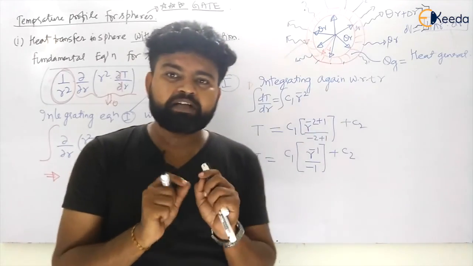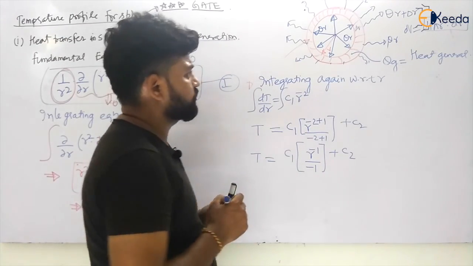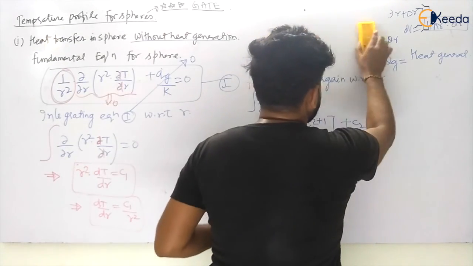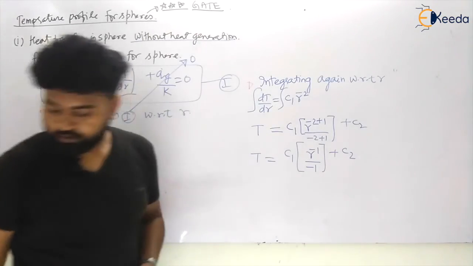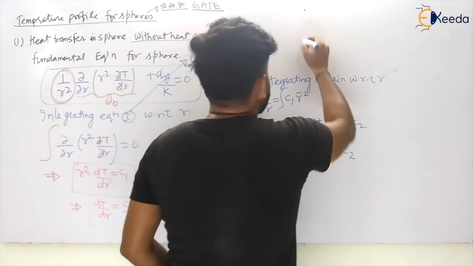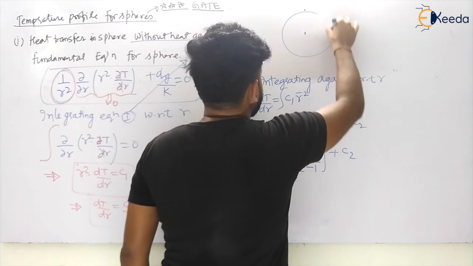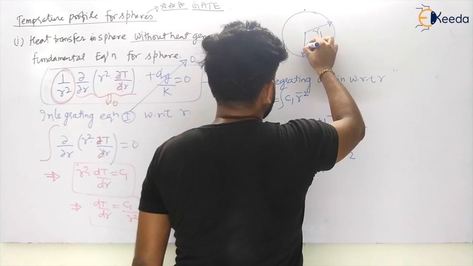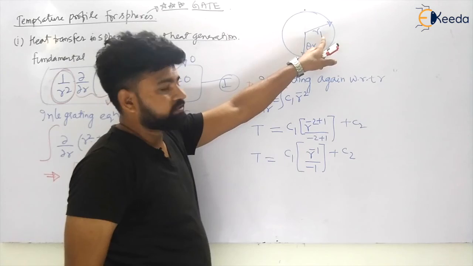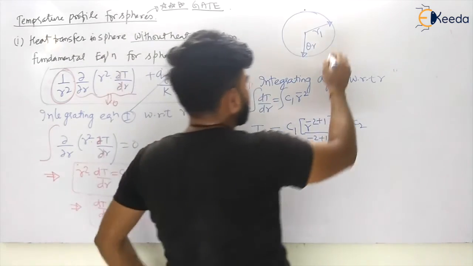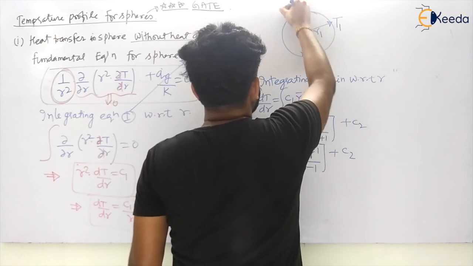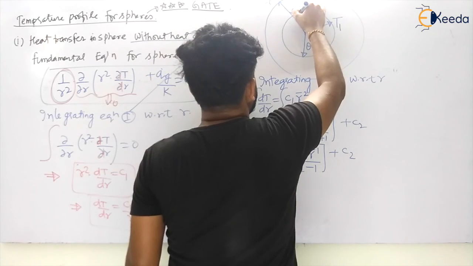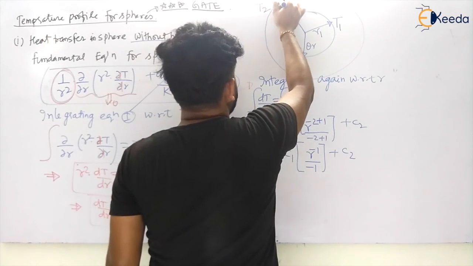So let us see what will be the boundary conditions. That was very much important. That's why I have not considered it till yet. So let us understand it carefully. From the center, let us take radius r1. There is some heat transfer in radial direction. We all know now. So let us assume that at r1 the temperature is T1, and let us take r2. The temperature is T2, my dear students.